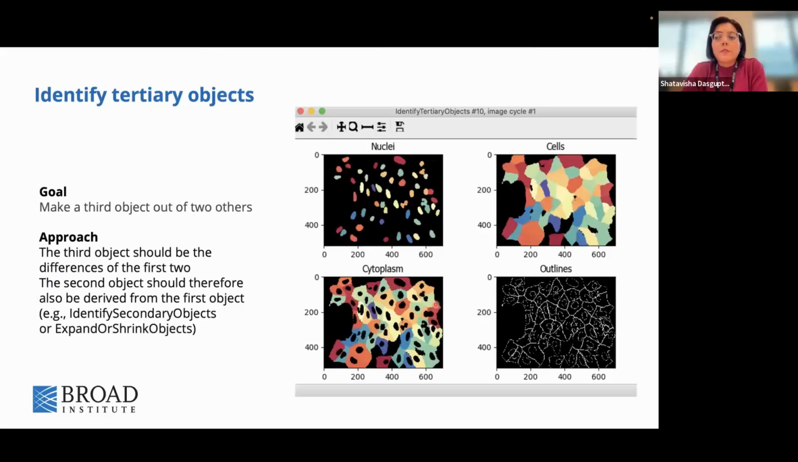So after identifying the nucleus and the whole cell, identifying cytoplasm becomes quite easy, which would be the tertiary object. And that is just by subtracting the nuclei from the entire cell, and we get the cytoplasm area. And so by applying these three modules, identifying primary, secondary, and tertiary object, we have now performed cell segmentation. And so when we go on next to measure marker expression, we know exactly which compartment the signal is coming